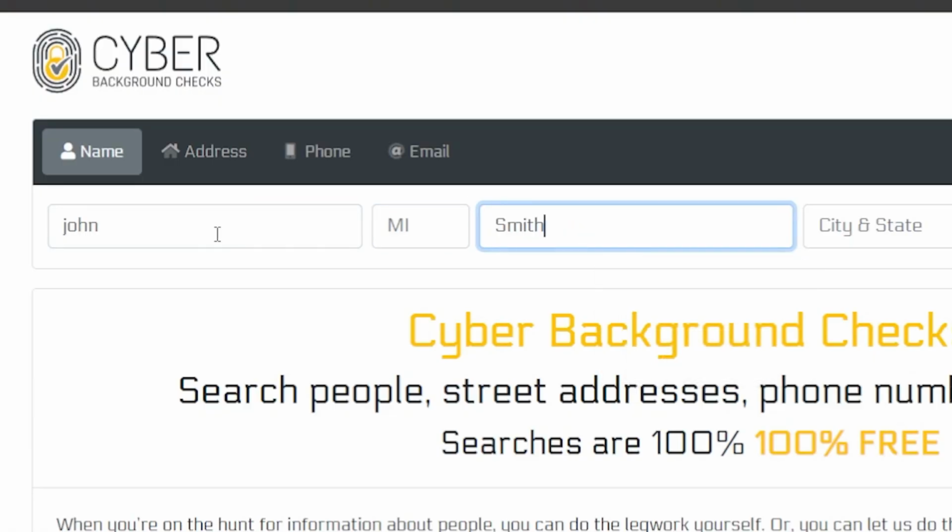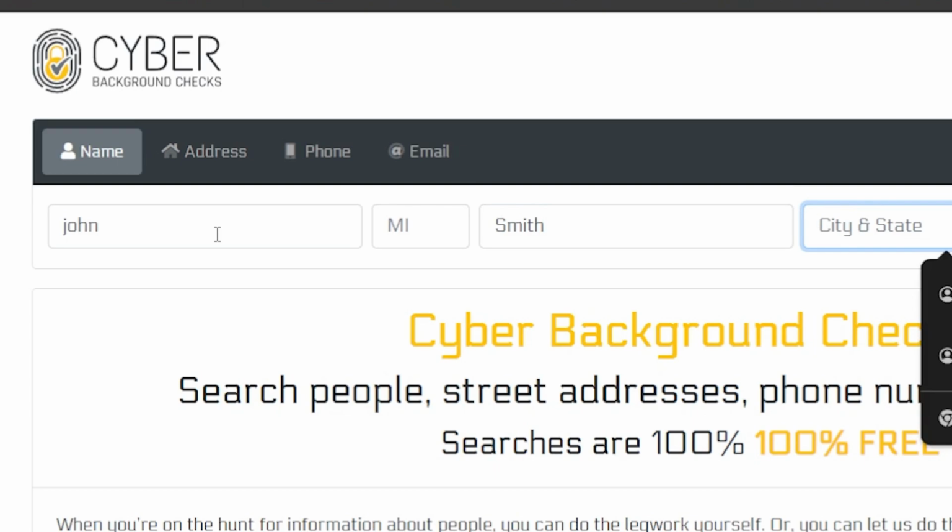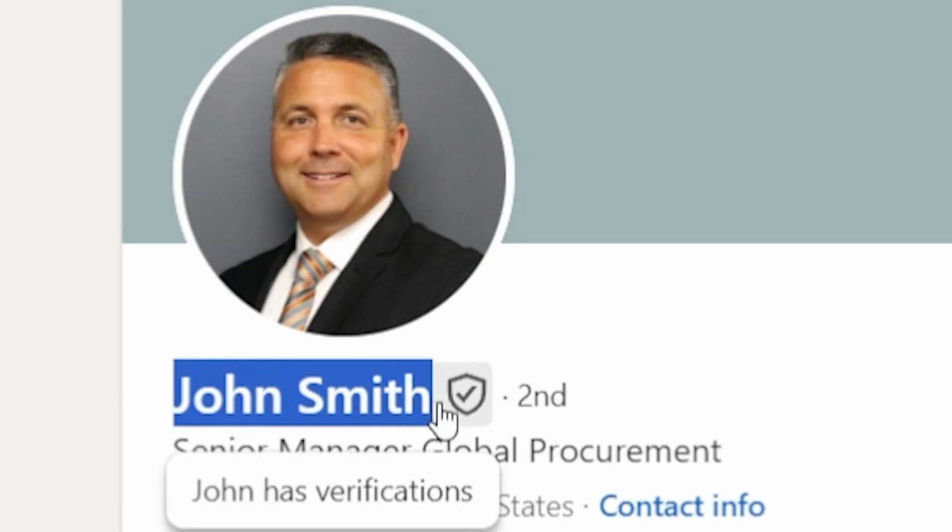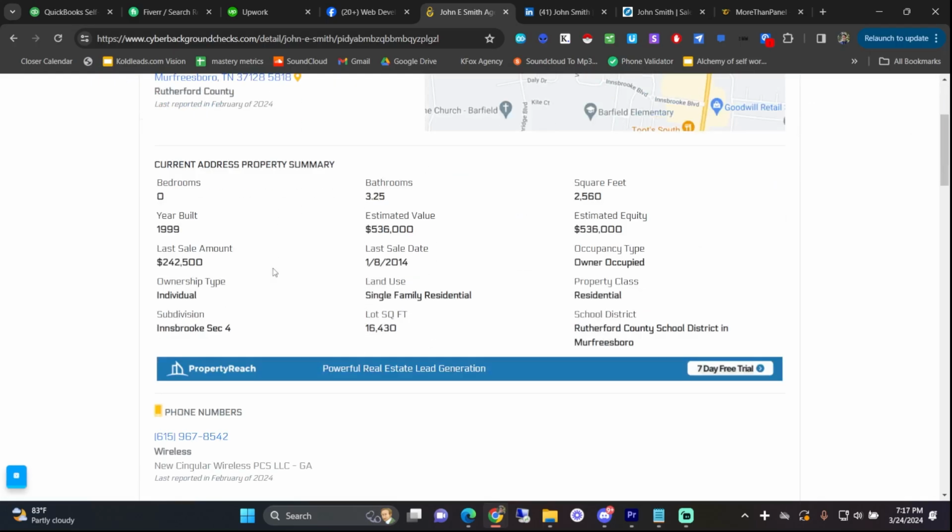Number 9, you can find anyone's phone number for completely free. So there's websites called cyberbackgroundchecks.com or truepeoplesearch.com. There's several other websites like that. But basically, you can look someone up via their first name, last name, and their location. And what's great is that LinkedIn shows you that data for completely free. And so you can go on LinkedIn, find someone named John Smith in Columbus, Ohio,